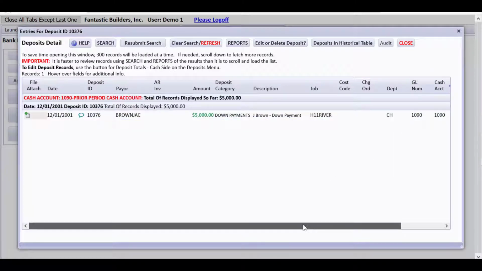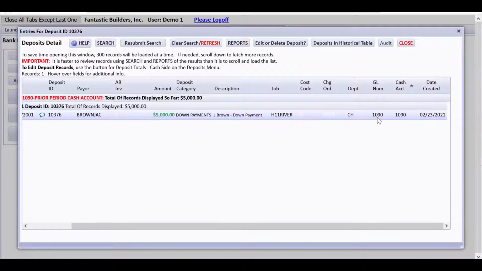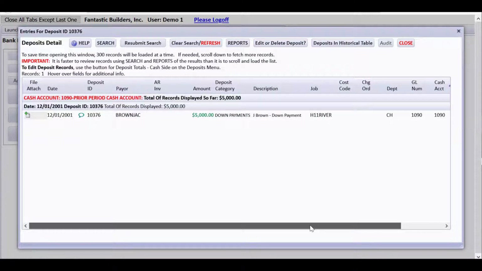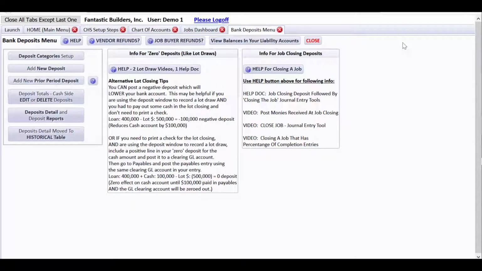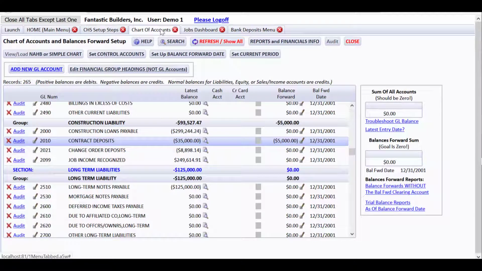This particular record in your accounting database was 1090. And if I hover over it, it's the prior period cash account. And the cash account was 1090. So in other words, it went in and out and cleared that account out for us. So that's pretty interesting. If you go back to the chart of accounts and let's refresh